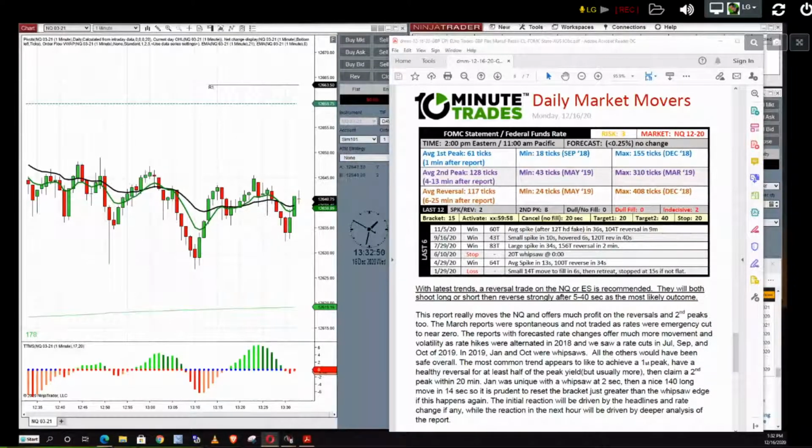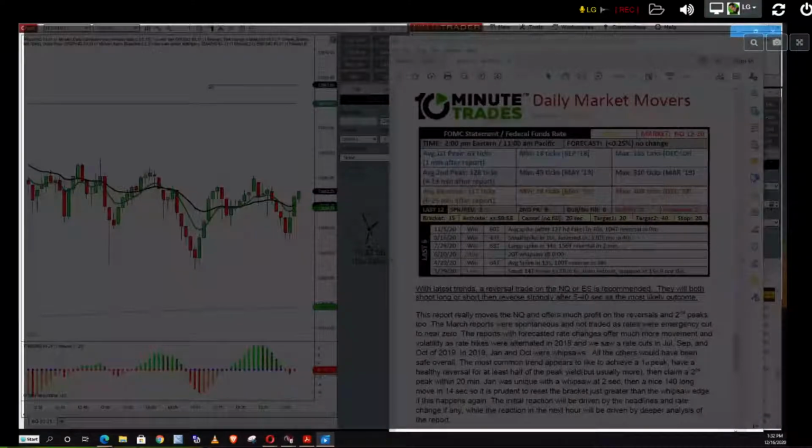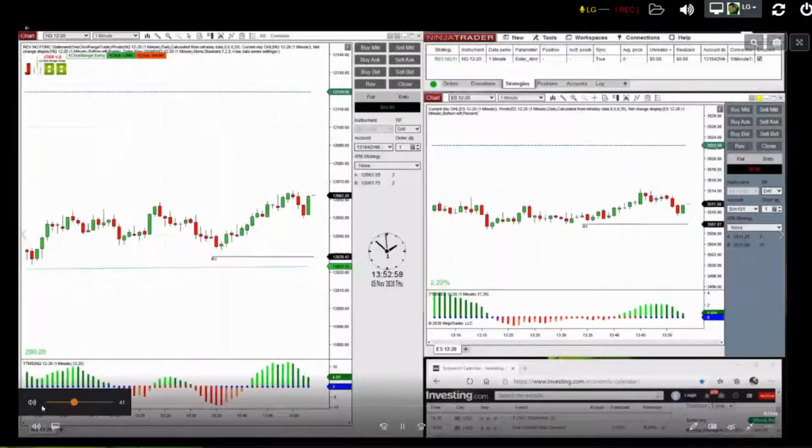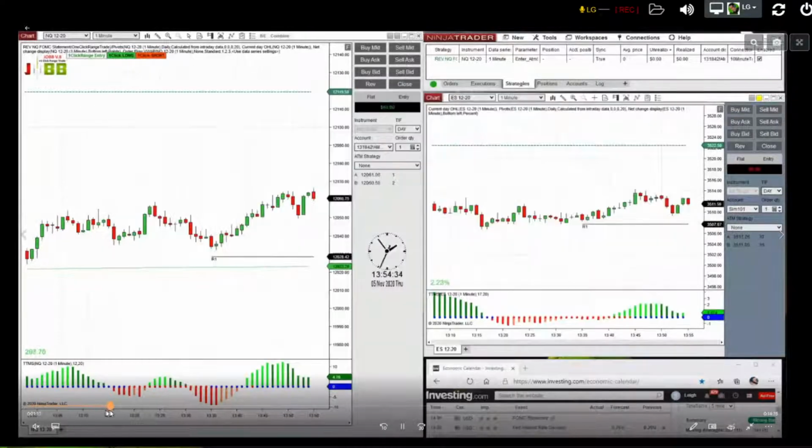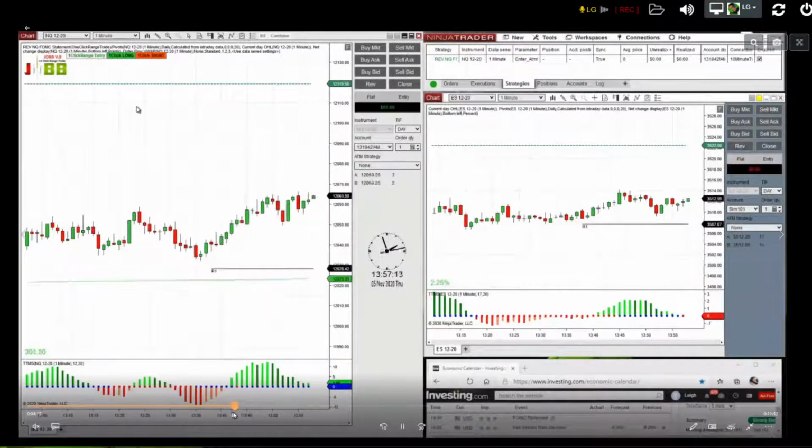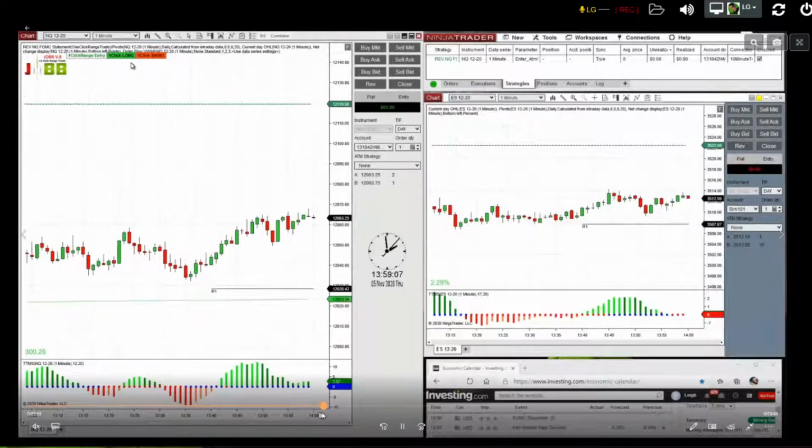Let's look at it. It's a 20-second cancel, okay? It's a 20-second cancel. So let's see what happened here. It was not a great reversal trade. So if you took a breakout trade at,